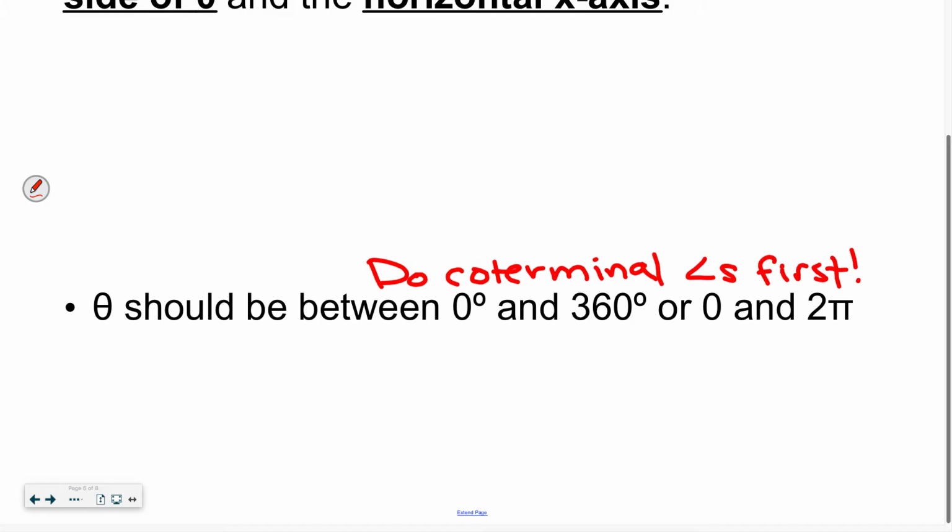So if you have an angle that you're being asked to find a reference angle for, and it's outside of this range,